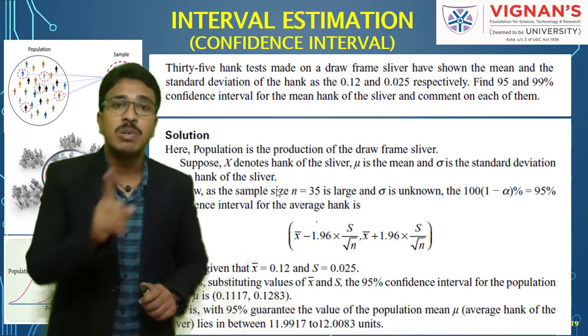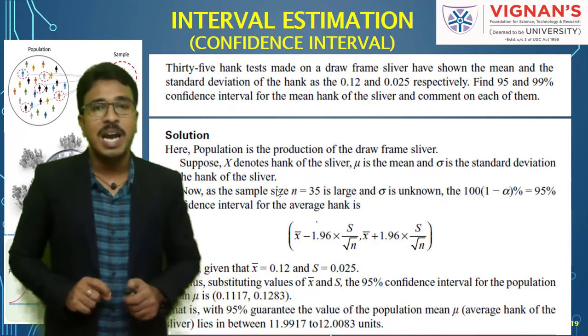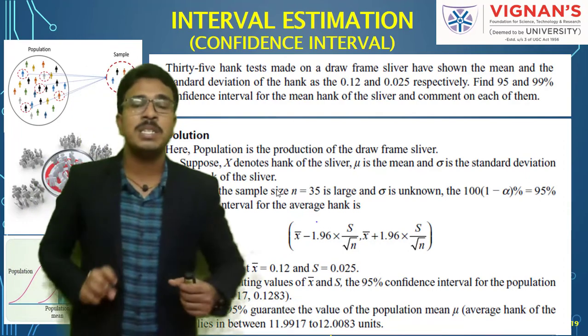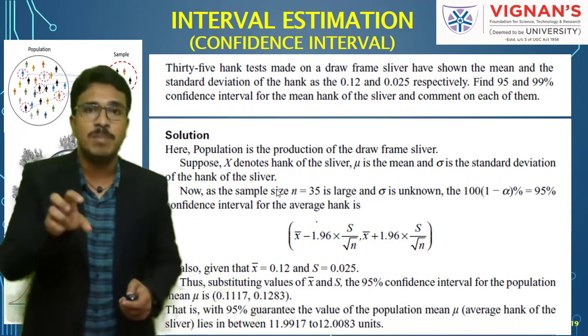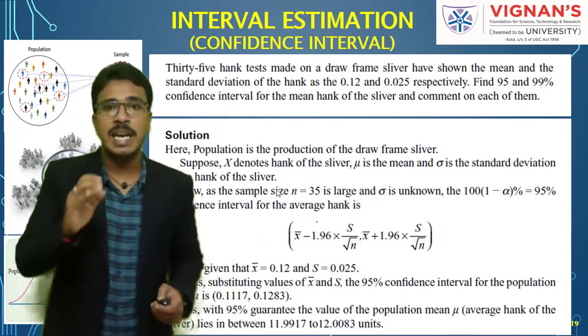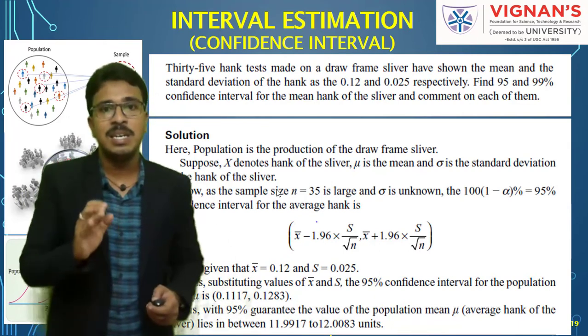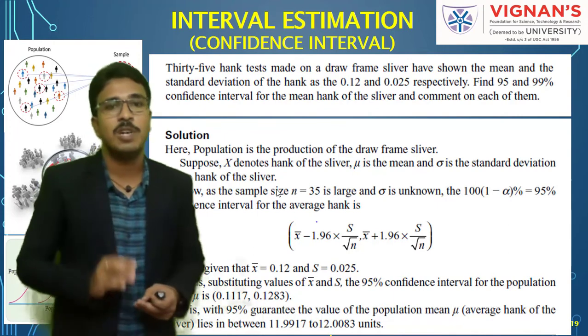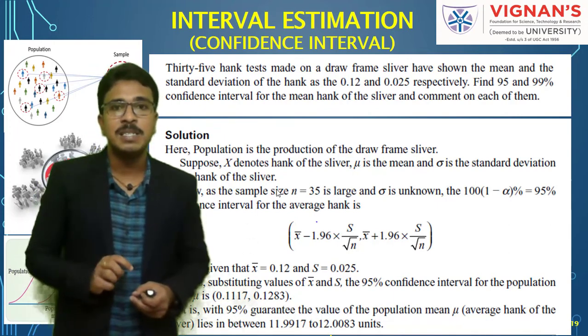Now you have to go back to the previous slide and see the formula. Based on the information given in the problem, which formula do you have to select? Since the S value, the sample standard deviation, is given, you can use this formula, x bar minus